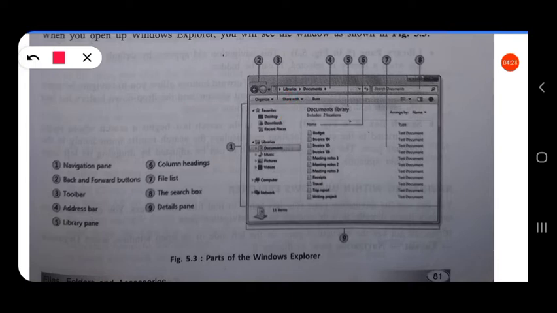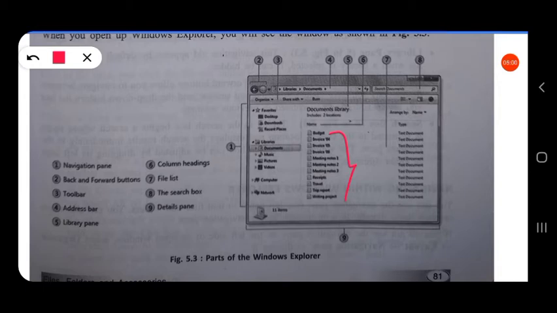Then the library pane. Fifth one, library pane. Documents, library. Then sixth one, column headings. Here two columns are there, name, then type. So these are column headings. Then 7, file list.